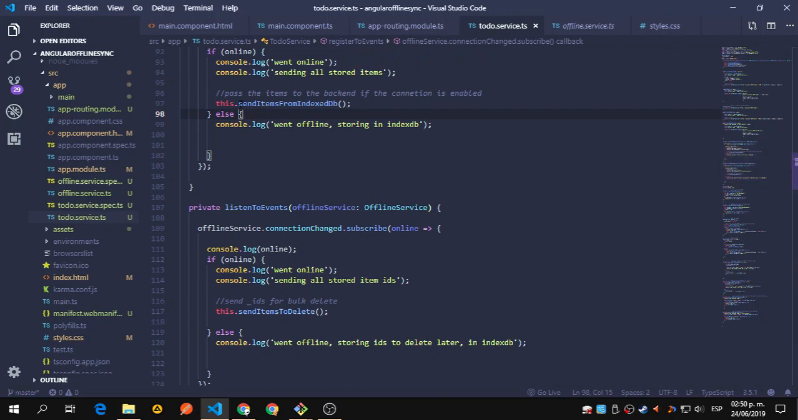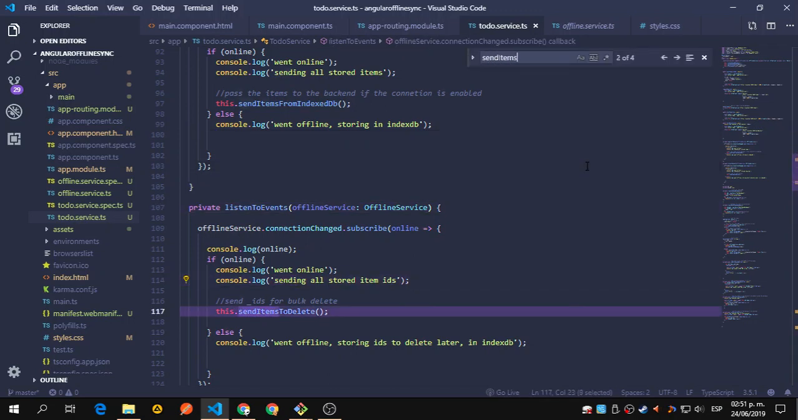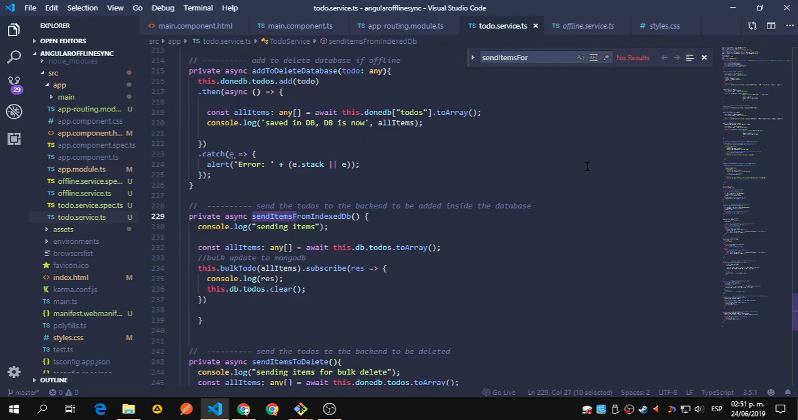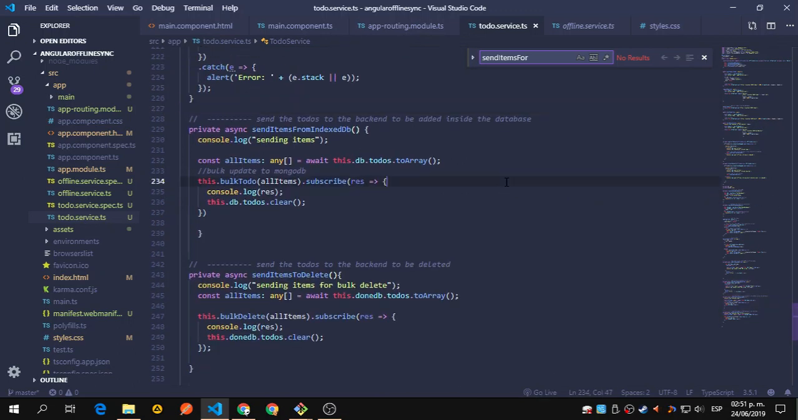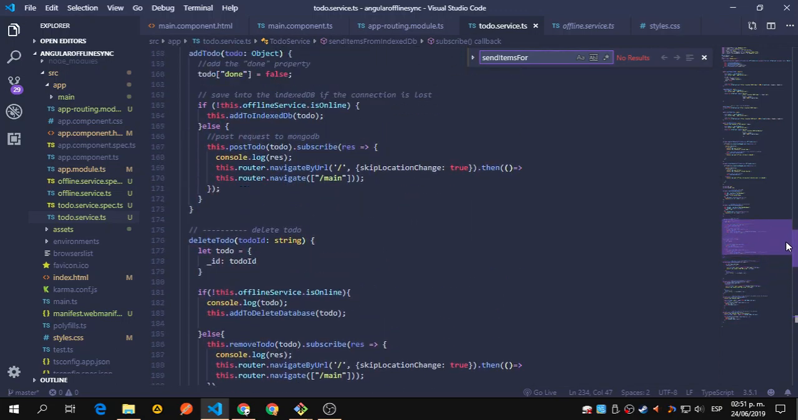Okay, so we're going to send these items. We're going to use send items from IndexedDB. So let's check send items from IndexedDB. So as I say here, send the to-dos to the backend to be added inside the database. So that means if we are